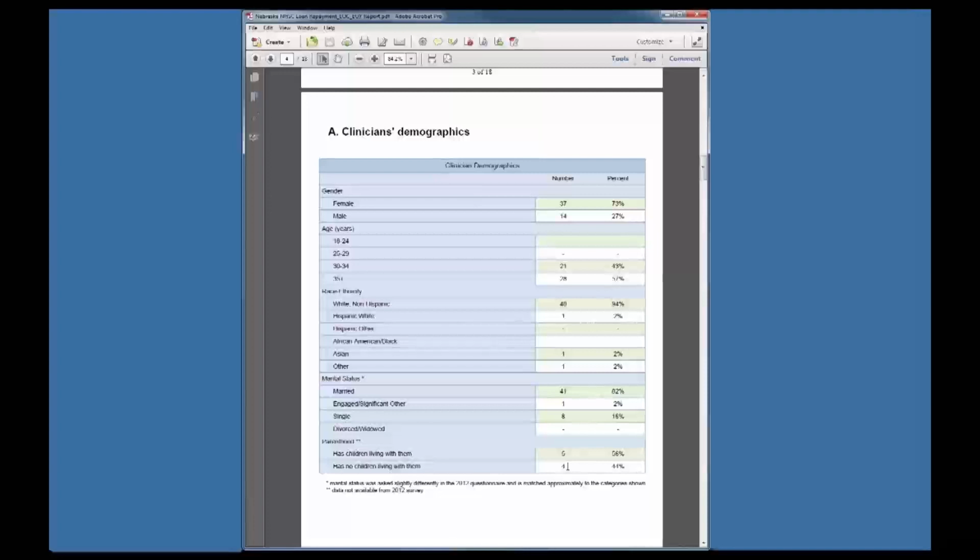We have very few people who don't complete questions on these questionnaires. People are doing a great job completing questions, but when you see low numbers like that, here's a couple asterisks. It means data is not available from the 2012 survey. The questionnaires we now have within the survey system are much more complete. There are more items, and all of those items are shown in this summary report, but some of them will not have been asked in 2012.